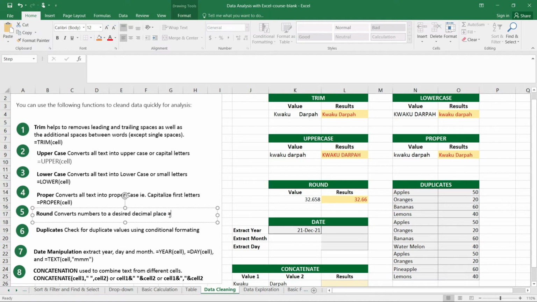So equal to round, into brackets the number, comma, then the number of decimal places. The number of decimal places that you want. Very simple, right? So the next function that we will talk about is